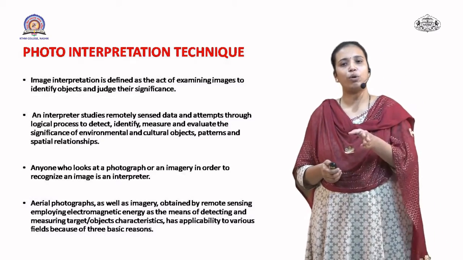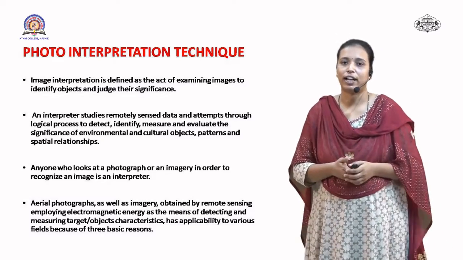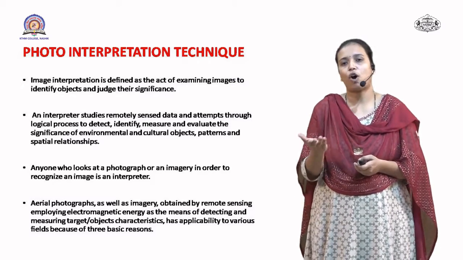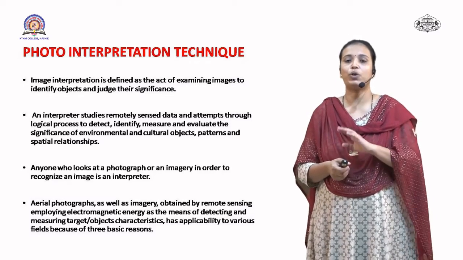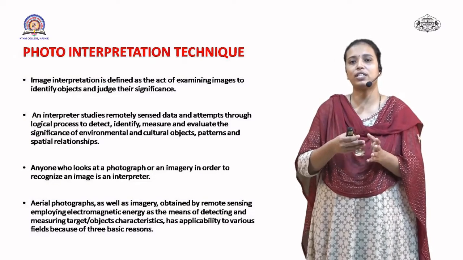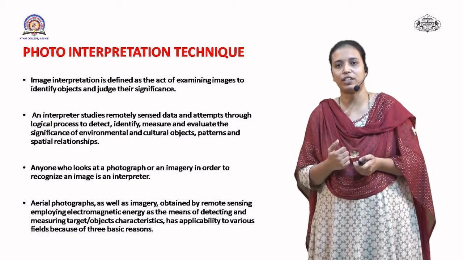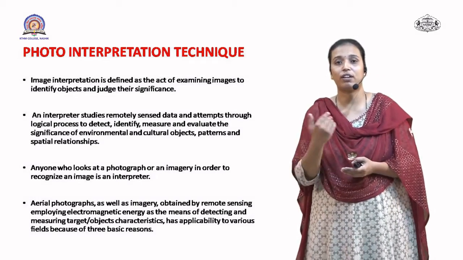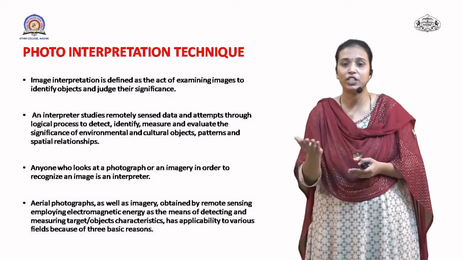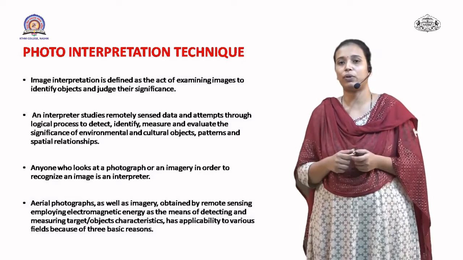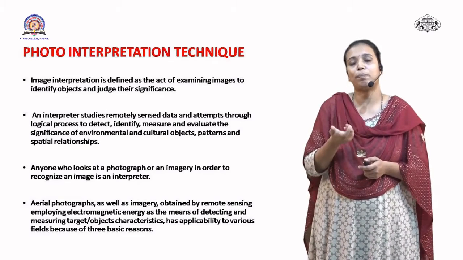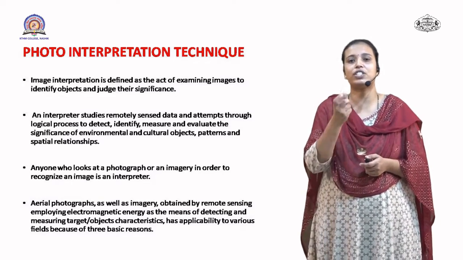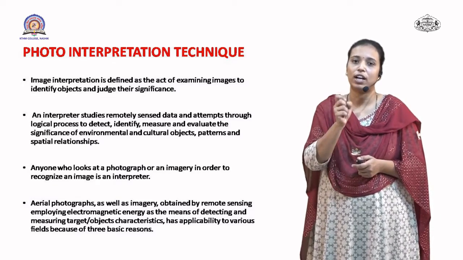Now what do you mean by photo interpretation and technique? If you take any normal image from your mobile, you can interpret the image, for example if a person has been captured in that photo. There is a person, and behind the person you can see a different scenario. It may be a beach, a garden, or a mountainous area, because the mobile camera has sensors which capture the image from a certain distance.